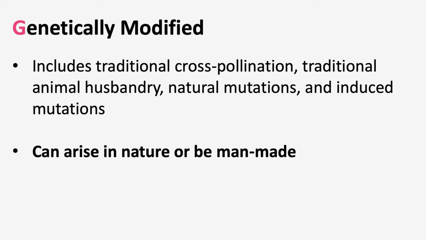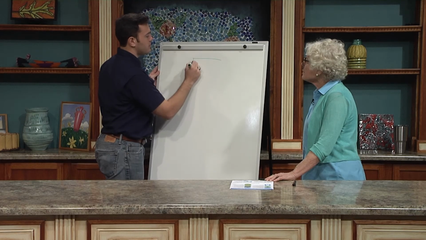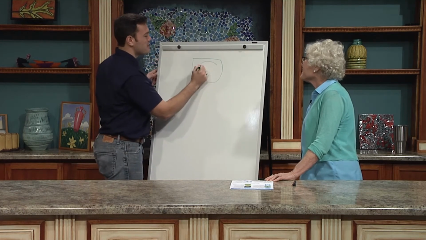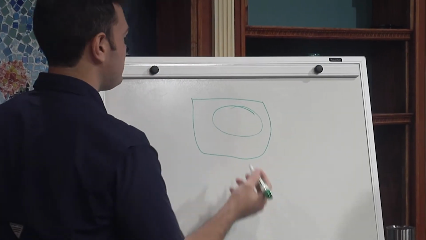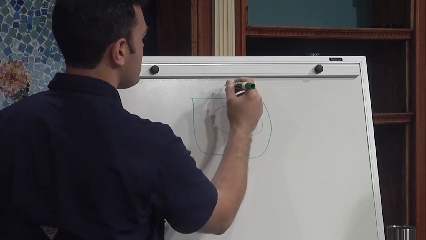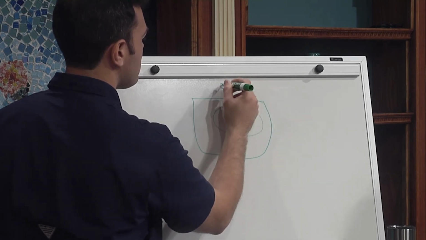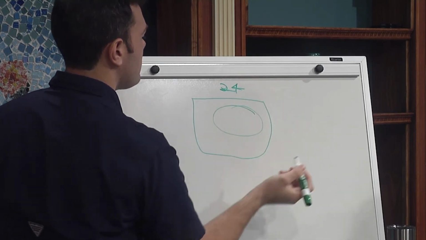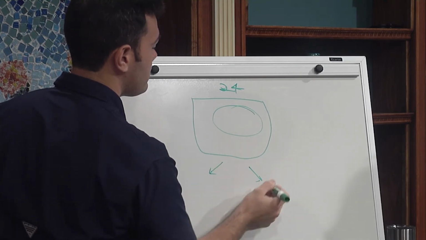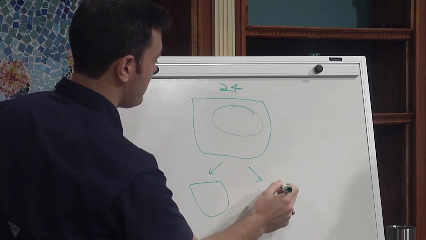So there's a thing that we can do with plants called chromosome doubling. So let's say we have a plant cell, and plant cells are normally square-ish because they have their cell wall. But in the plant cell, they have DNA. And when they go to divide, normally, let's say this plant has 24 chromosomes. Okay, that means when it divides, it will produce 2 cells, each with 24 chromosomes.